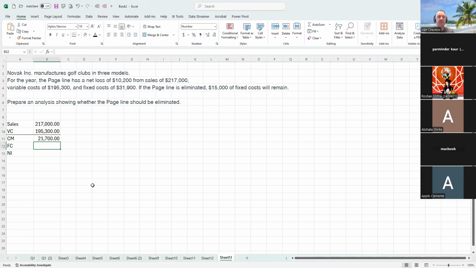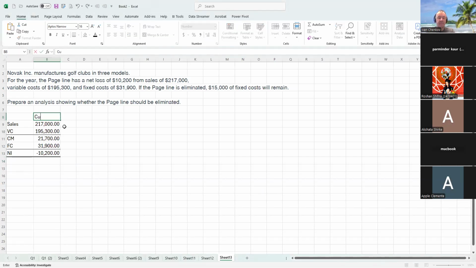Then I have the fixed costs, which are 31,900. And then I'm generating a loss of 10,200. Is that how much I'm losing? Yes, that's how the question says. That's what we're currently losing. Now, if I eliminate the line,